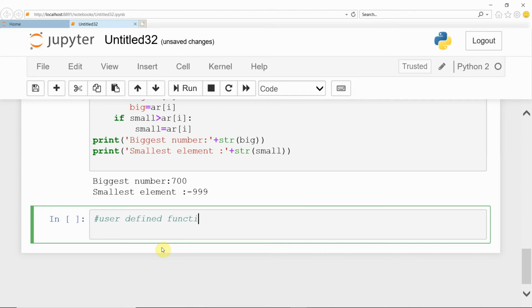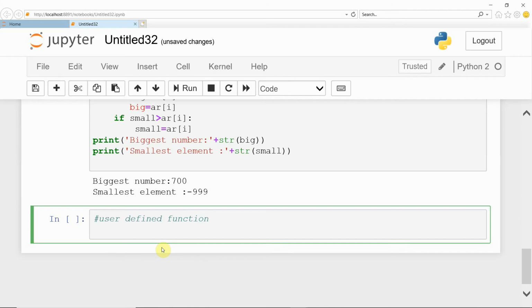If you want to execute some part of the code different number of times in different parts of the main function, then instead of writing the same code repeatedly, you can write the code as a separate block and call it from the main function whenever it is required.